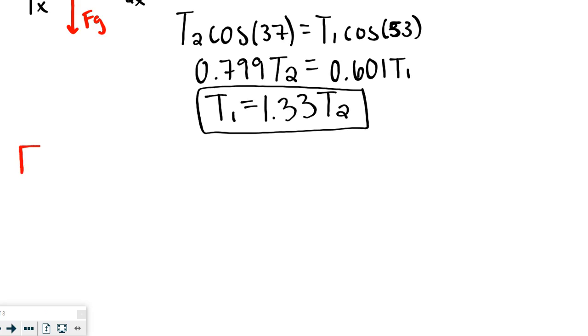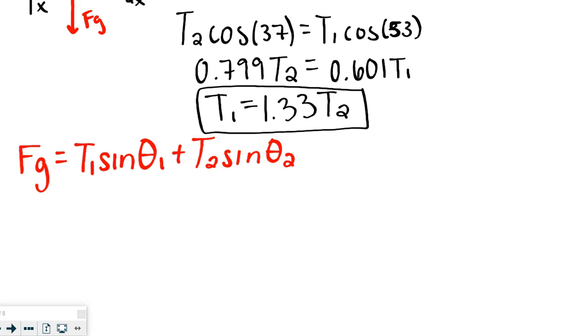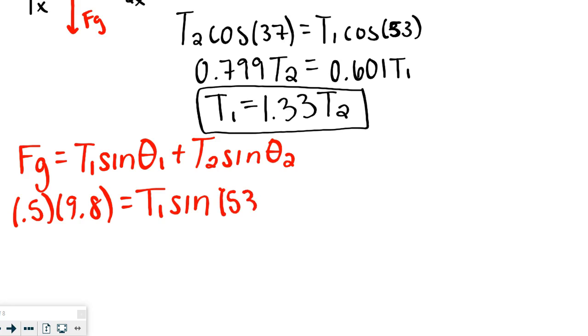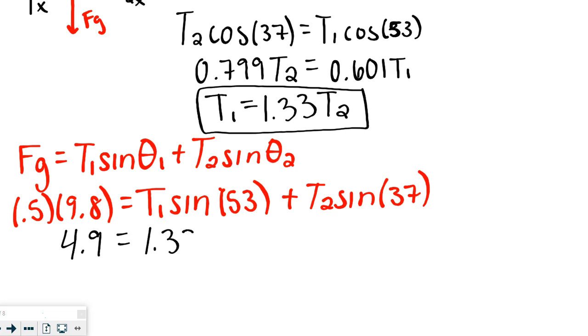We can take that relationship and plug it into the y's. So now T1y plus T2y equals the force of gravity. That would be T1 multiplied by the sine of theta plus T2 multiplied by the sine of theta equal to gravity. Since we have this relationship for T1 and T2, we can plug it in so that anywhere we see a T1, we can change it now to a T2. That gives us only one variable, which we can then solve for. And since the problem was just looking for T2, we don't care about T1 at this point. So when we go through that whole solution, we end up with very